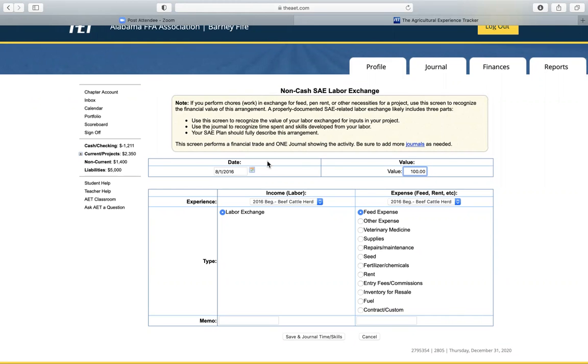Now, you have got to show expense for an entrepreneurship. It doesn't matter whether it's non-cash or cash, you've got to show an expense. Without that, you do not have an entrepreneurship SAE. You can't say, well, my daddy gave it to me. Well, that doesn't work. My daddy buys all the hay. My daddy buys all the feed. That doesn't matter. You still got to show expense for your